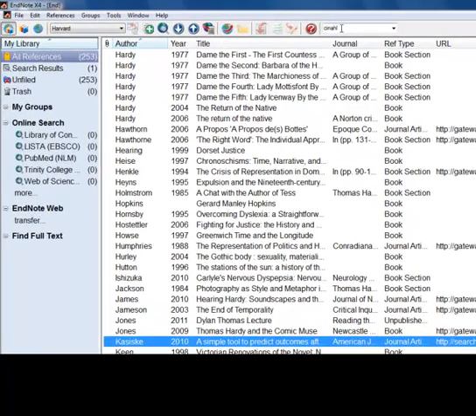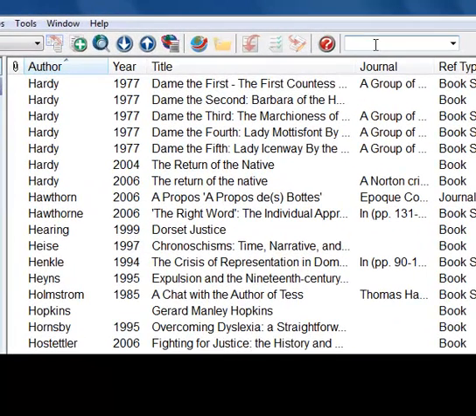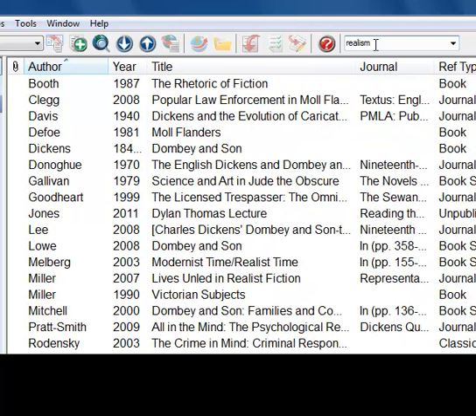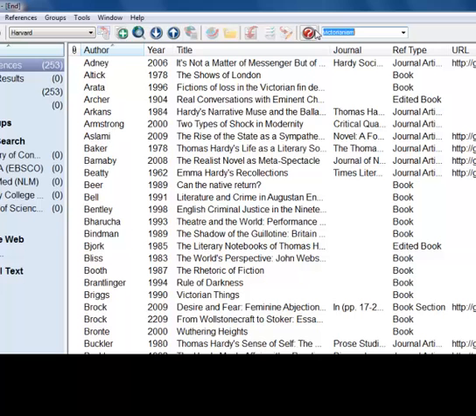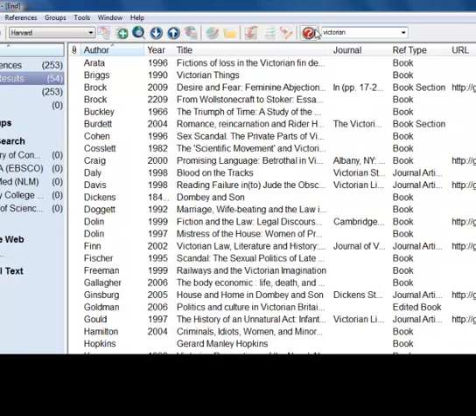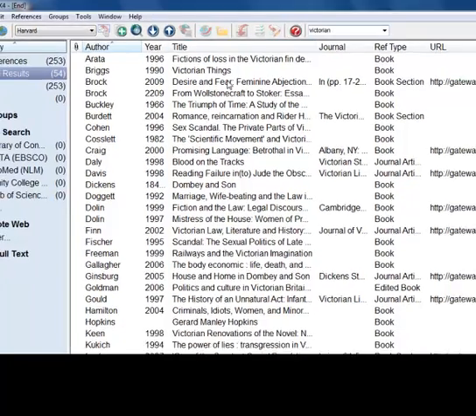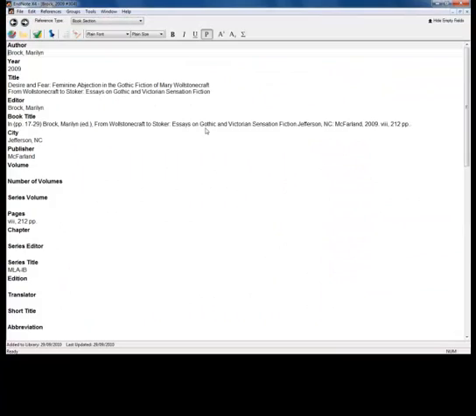So if I type in as a keyword realism, if I was teaching that and wanted to find relevant books to read for that, I would hit realism and it's going to bring me up all of the references that I've put in. I might have added those keywords myself, or they might be in the title, but that'll give me relevant articles and books that I could study for that, or Victorian literature. It's going to give me a huge list there, so I can go in and see if I have notes